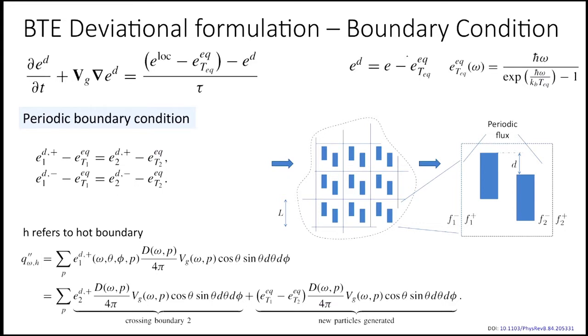Okay. So how would we calculate the flux now? We have already applied these conditions. So now to convert these equations to our flux, what we do is, for Q, we would take our deviational particles. Previously, we were just taking our h bar omega, the energy term. We would multiply by the Vg, and we have to sum over all the space, if you remember. So that would be cos theta, sin theta, d theta, d phi.